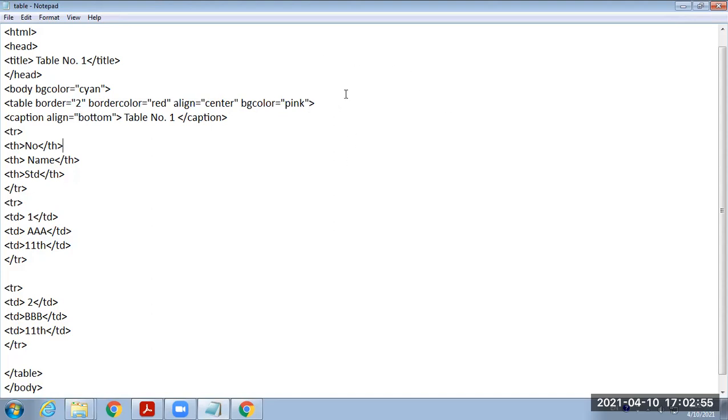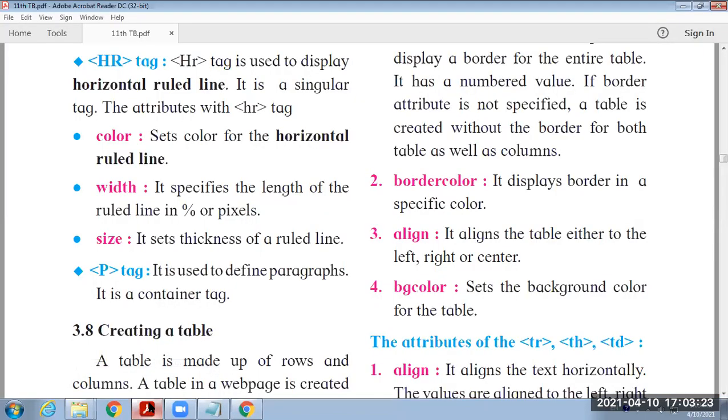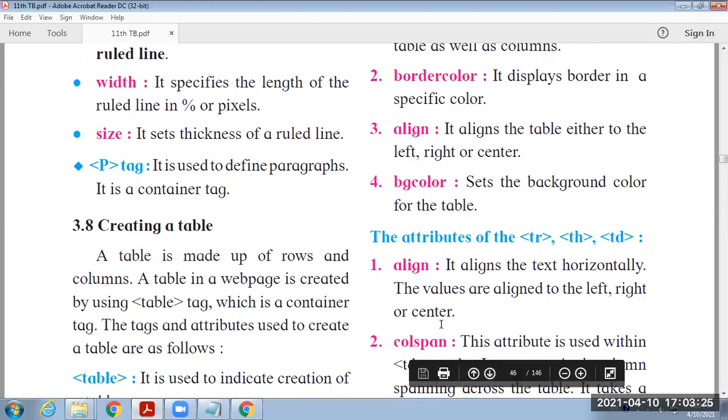Which attributes are we using for the table now? First one is border, then border color, then align, and then BG color. Just save it and check the output. You got this table at the center position with border color and with background color as pink. Okay, all these modifications can be easily applied to the table.